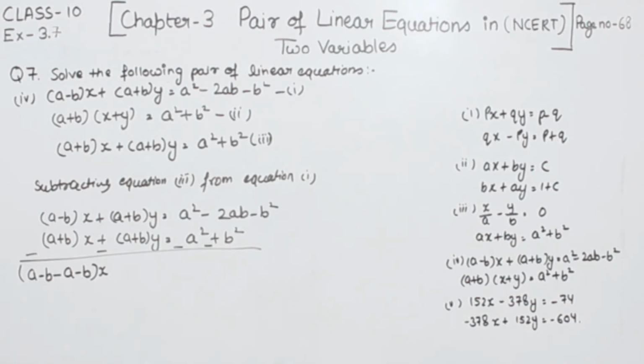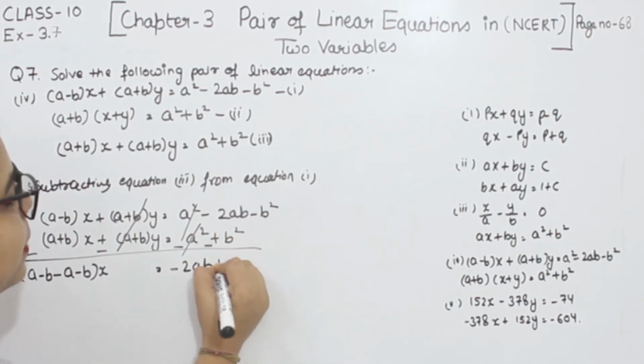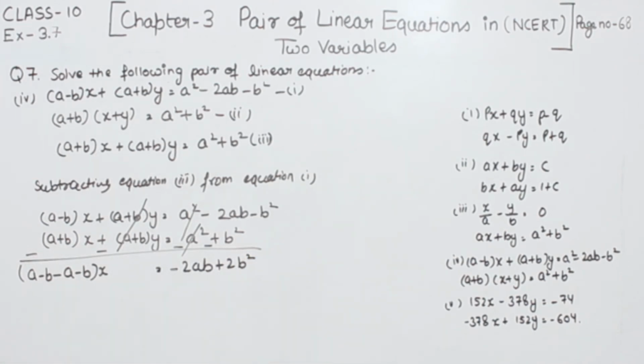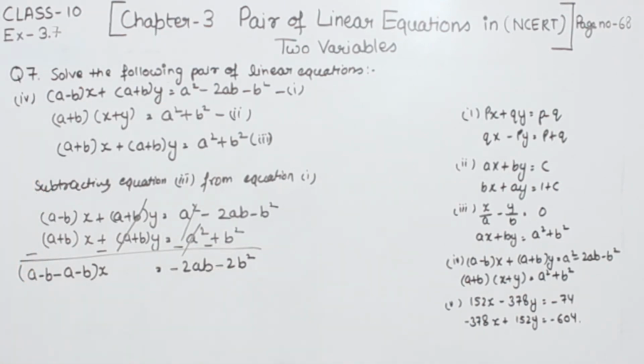Here the plus and minus cancel. Now coming to the next term, we have plus and minus, so this one is cancelled as well, and we have minus 2ab, and minus and minus plus 2b square, and the sign remains negative. This one we have is minus 2ab. Now we are going to solve this one, where the plus and minus cancel. This one we have is minus 2bx is equal to minus 2ab minus 2b square.